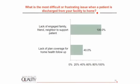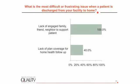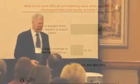Lack of engaged family, friends, neighbors, any kind of a support system for the patient that's being discharged from the long-term care facility, and the lack of plan coverage for follow-up post-discharge. That's the survey. I found it interesting. And I found it interesting for the obvious reasons that one of the things that we have an opportunity to work on as we move forward looking at ways to reduce readmissions from a variety of different perspectives across the state